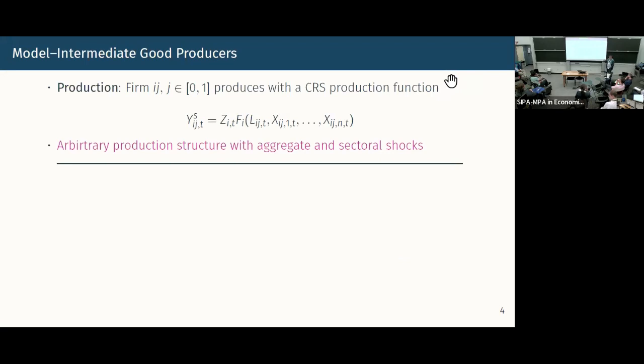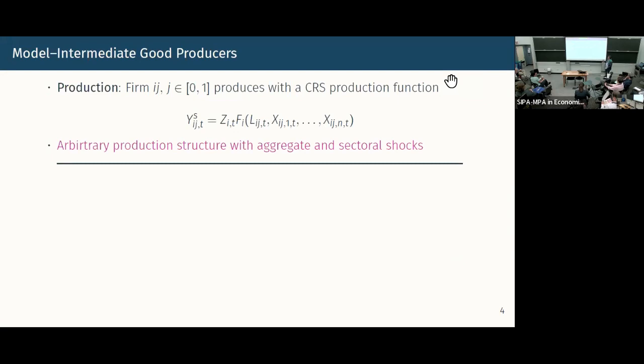The firms that this representative final good producer in every sector buys from are a continuum of monopolistically competitive firms, because the demand that comes from the CES of the final goods producer is going to give monopoly power to these firms. Each of these firms is going to produce using a production function that uses labor and also inputs from all the other sectors in the economy. Okay? And there's going to be a Hicks-neutral productivity here. Also, because I'm going to linearize the model at the end of the day, just think about shocks as being paths of deterministic variables with perfect foresight. So the linearized model is just equivalent to a model with uncertainty with perfect foresight.